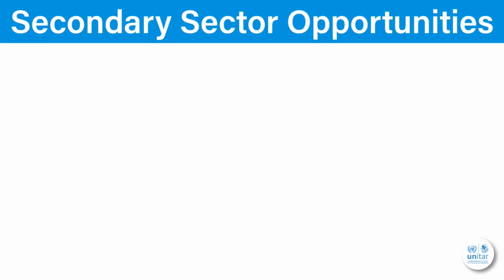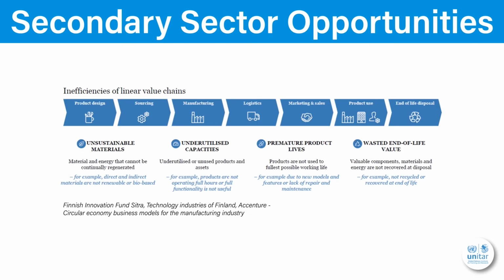The secondary sector, known as the manufacturing sector, is the strongest GDP contributor in most countries around the world. The production of usable goods from raw materials is accomplished by ever more expanding and more complicated value chains across the globe. However, these value chains are often inefficient with, for example, products that are not possible to repair or maintain, or not being recycled at the end of life, as highlighted in the published Circular Economy Playbook for Finnish